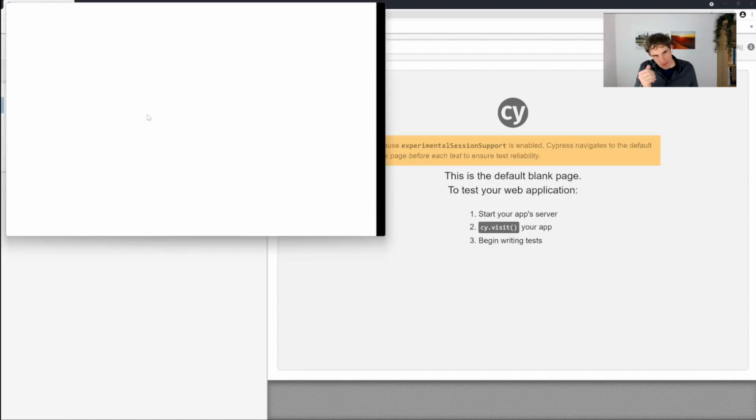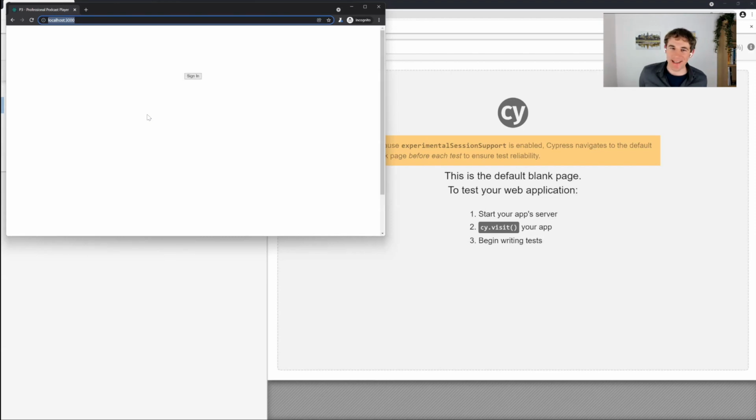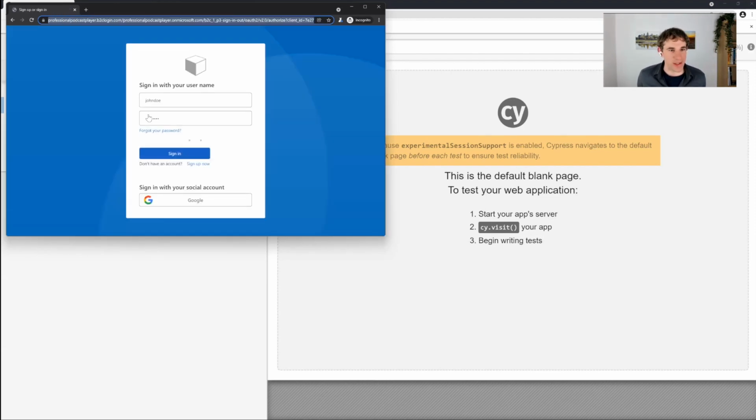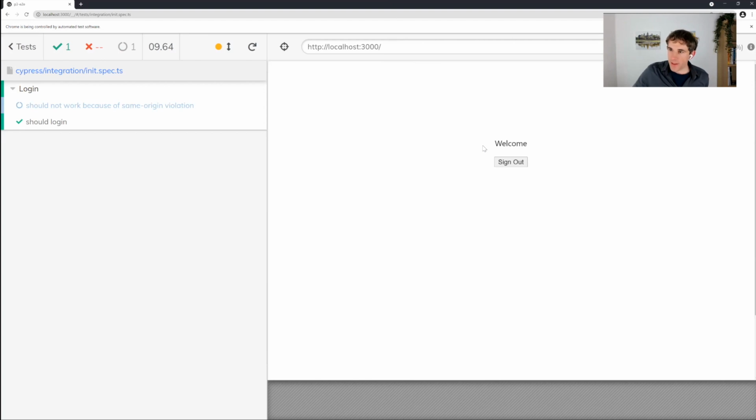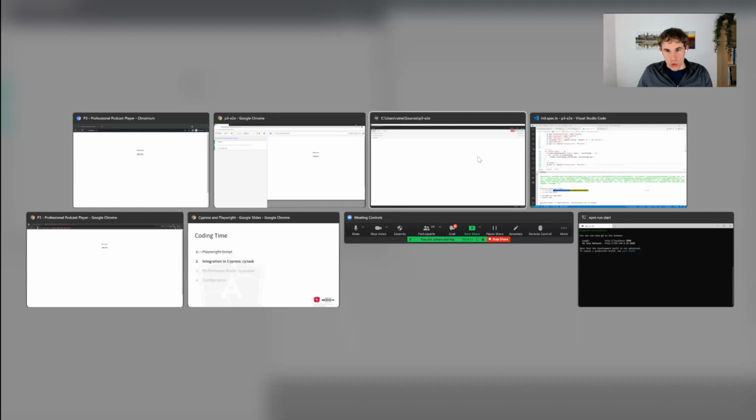Okay, so it works. We see here Playwright in action. It opens another browser window. We should hide that, of course. But in the end, we see in Cypress itself that it really says, okay, you are signed in. I have everything that I require, and I could continue with whatever I want to test. So that's it already for the